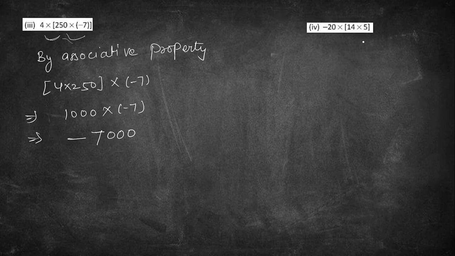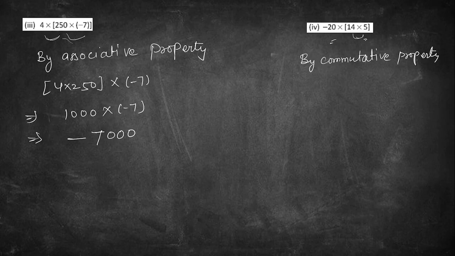Okay. Now fourth bit. Here minus 20 and 5, if I take them together, then I will get 100, right? So if we are getting 100, then it means we are making our calculation easy. So first we will do that. Here we are using commutative property, because 14 into 5 we need to write as 5 into 14. So by commutative property,